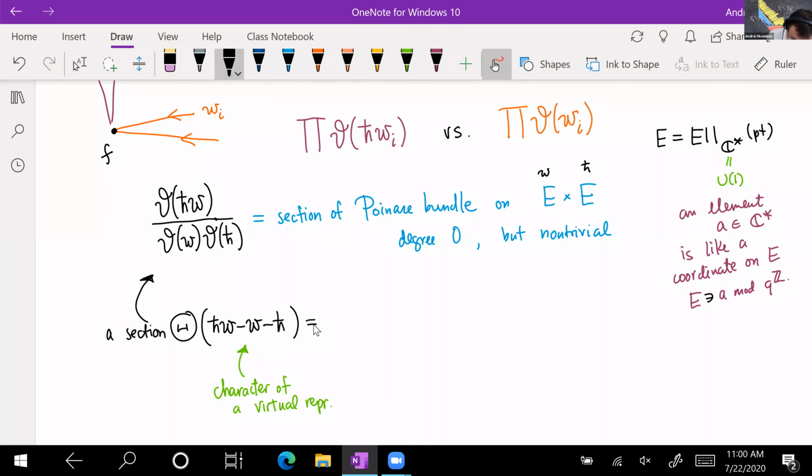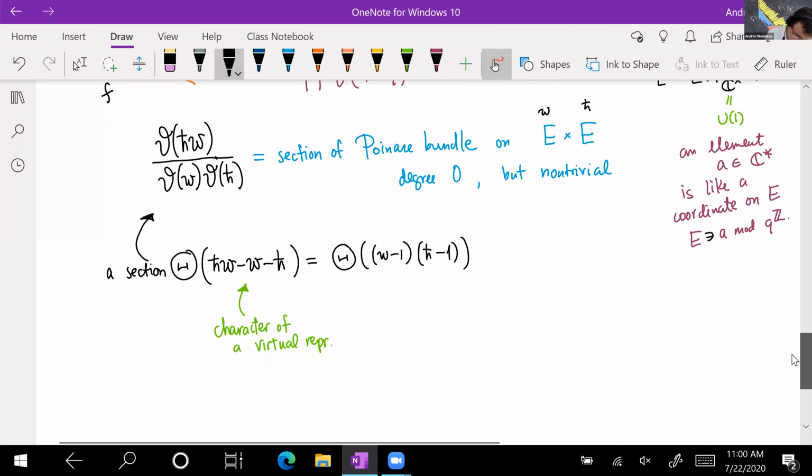And then if I add a trivial representation to a virtual representation, then nothing's going to change. So this would be the same as saying W minus 1, H bar minus 1, since a trivial representation does nothing and has a trivial theta bundle. From now you see it's obviously degree 0 in either factor, because in either factor, if I set the other variable to 1, I get 0. So this is obviously algebraically equivalent to zero. And then more generally,